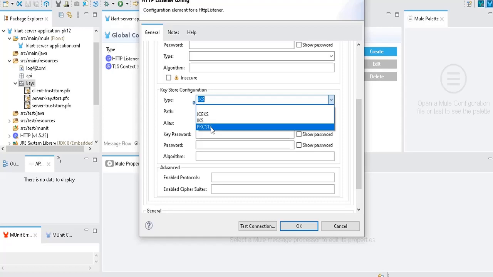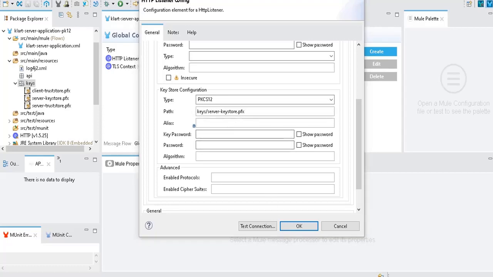But we have generated PKCS12, right? So you need to select this one. And the path you should mention like the folder name slash file name. So keys/server-keystore.pfx. You can mention it like this: keys/server-keystore.pfx.